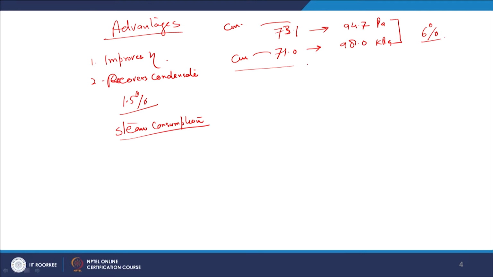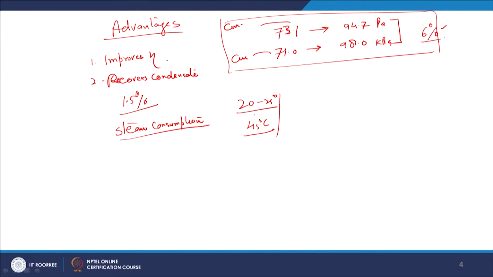This is a simple, rough calculation to have some idea about the pressures. So, a slight variation in pressure may affect the efficiency or the output of the entire system. Now, if there is a closed loop, the water is always in a heated stage. Compare this with fresh water coming at 20 or 25 degrees centigrade, while the water in the closed loop is available at 45 degrees centigrade. So, this will also reduce the thermal stresses in the system.